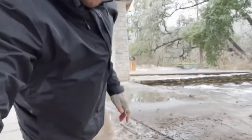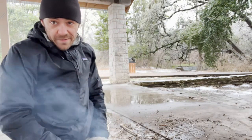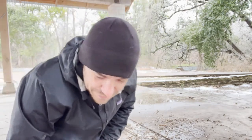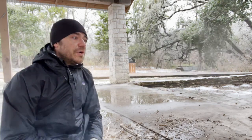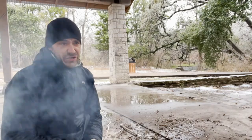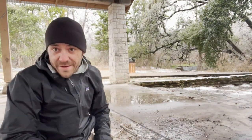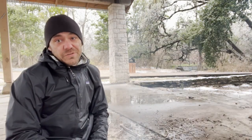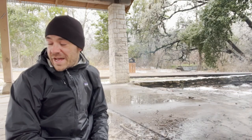So, as you all can see, fire is tough in the cold, in the wet, and the rain. And as you all know, I've been doing this a long time, and it's still challenging for me. So, if you all want to get good at this, make sure you practice. So go out in your backyards, side yards, front yards, wherever you can, and start practicing. Because if you don't, you're gonna feel it when you really need it, and you're gonna know, oh bummer, I should have been practicing this for a long time. But all right,